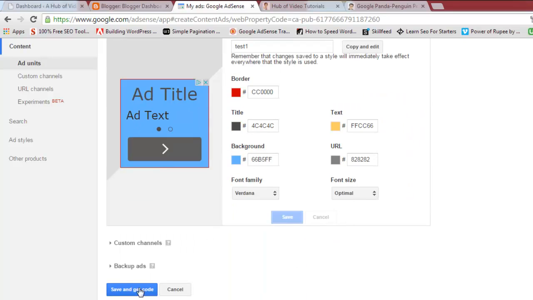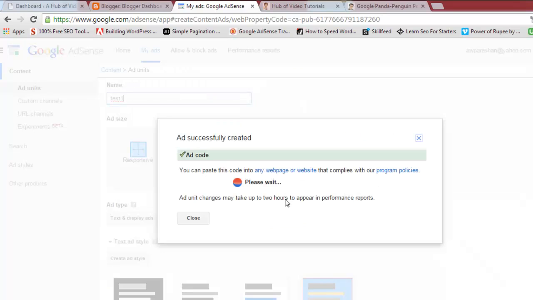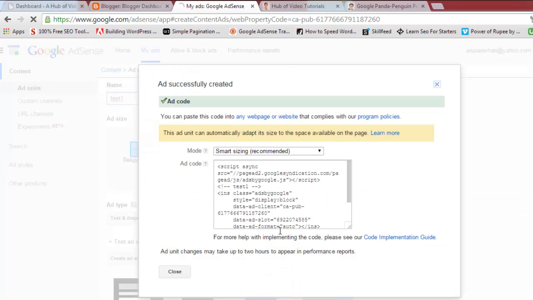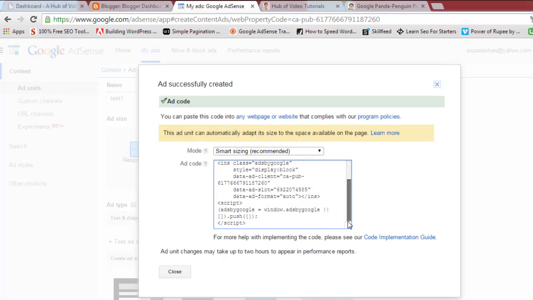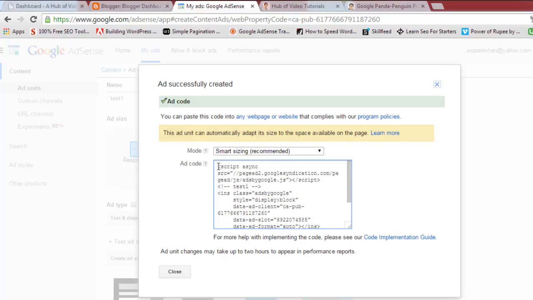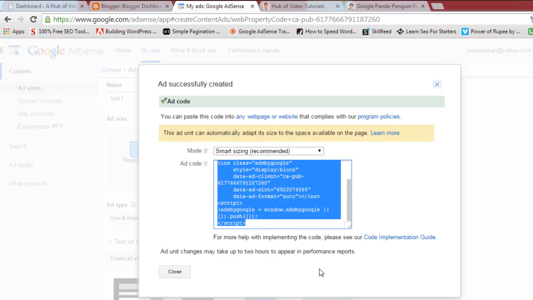You can use this anytime later. That's it. Now click save and get code, and you will see this code here. This is the dynamic or responsive ad unit code. Now you just have to copy this ad and paste it into your website source code wherever you want it